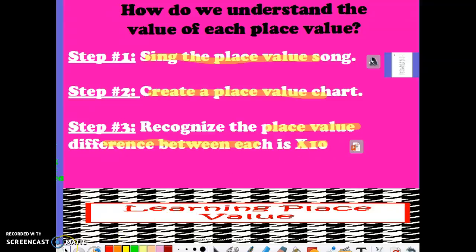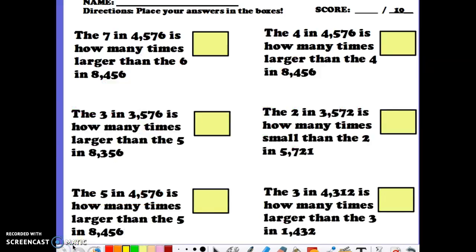Let's look at a couple different questions that you can practice here on this website by downloading the worksheet right below this video. By placing the answers in the boxes, you'll be able to show me that you understand the differences between place value digit holders. In other words, if I were to create a chart, knowing that it starts with ones, then the tens, then the hundreds, followed by thousands, 10,000s, 100,000s, and then the millions, and that's place value, I would